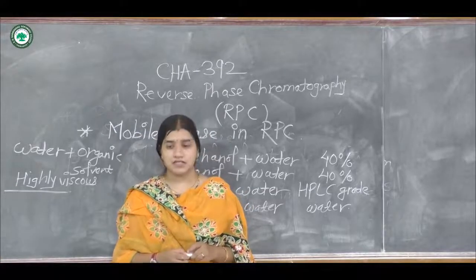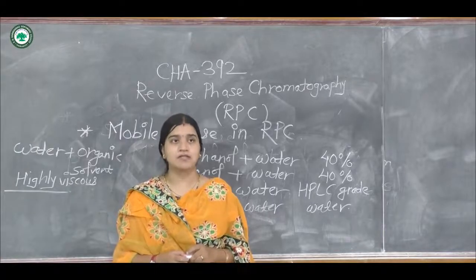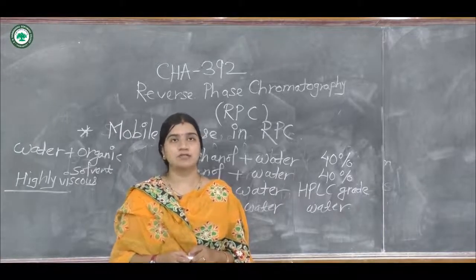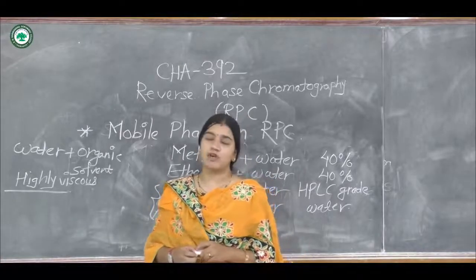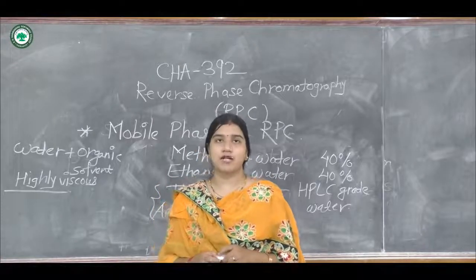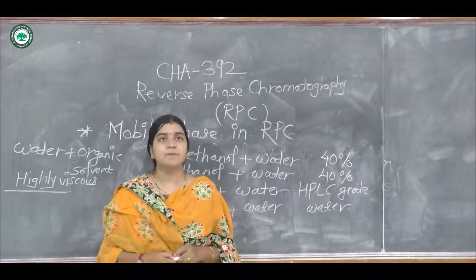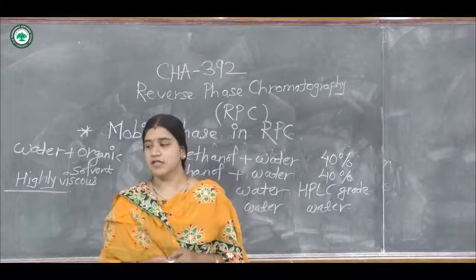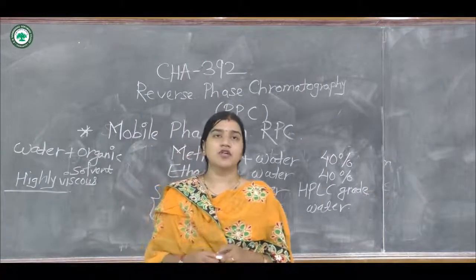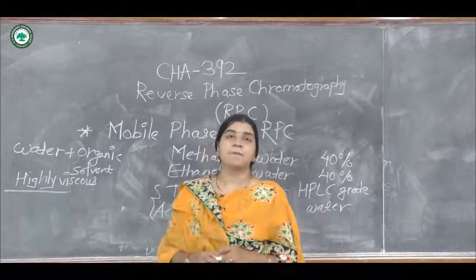As far as the stationary phases are concerned, all of them are silica based. C8 and C18 columns are most widely used, and for the mobile phase you are always using a mixture of organic solvent with water. Tetrahydrofuran, methanol and acetonitrile, these three solvents are considered the solvents of choice to use as a mobile phase in reverse phase HPLC.